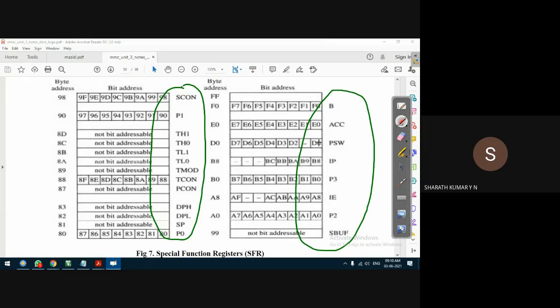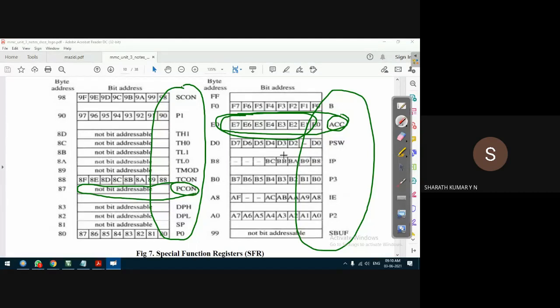For example, the accumulator is both bit accessible as well as byte accessible. But there are some registers, for example PCON, which is only byte accessible, not a bit accessible special function register.